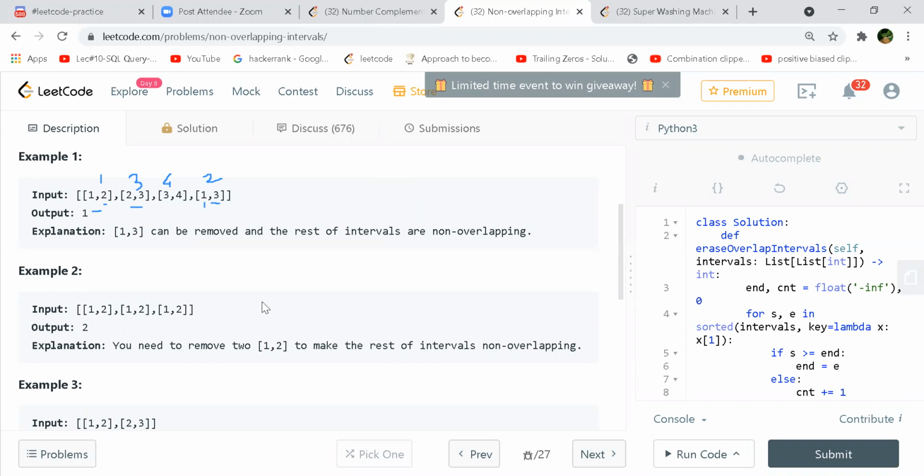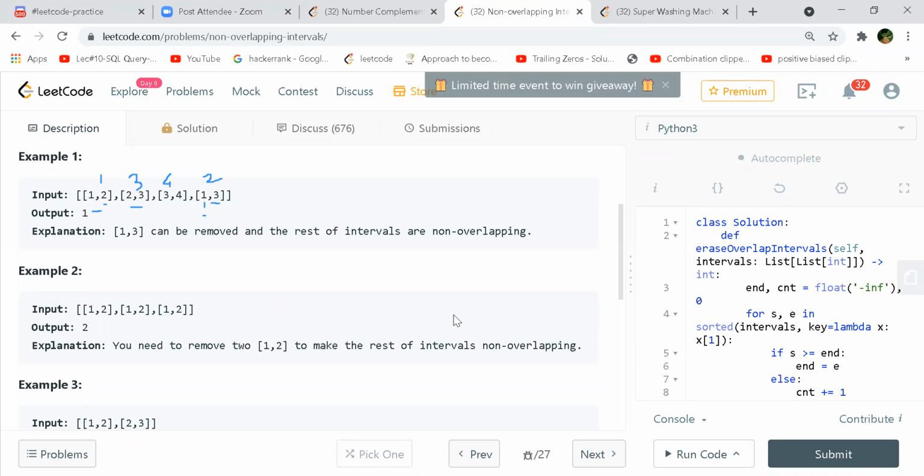Okay. So in this case, what we are comparing is the end, that is the 3, with the start value of the next interval. Then only we'll check overlap, right? If the start is below the end of the first one, that means there was an overlap. So the 1 we are comparing with this 2. Then it is an overlap, and we are just incrementing the value or keeping a count of it. Okay, makes sense.